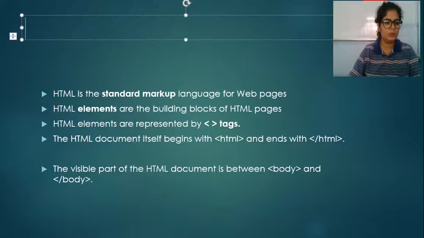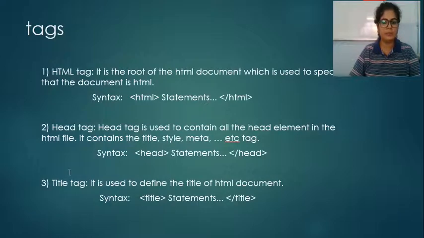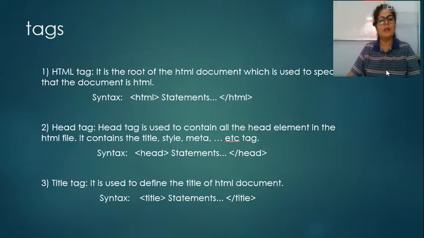So let's start with tags. Which types of tags are available? Different types of tags are available in HTML, and we have to work with tags only. Now we will study in detail the different types of tags, the basic structure of HTML, and how to create an HTML file. So let's start with the first tag.